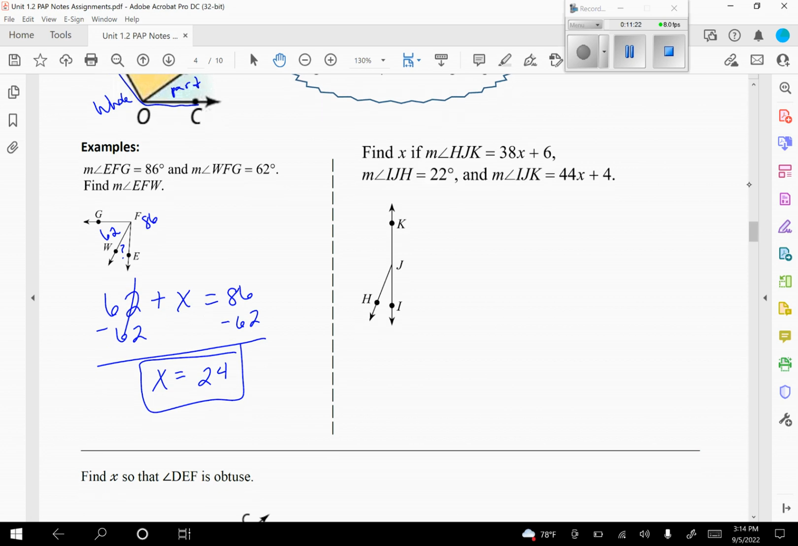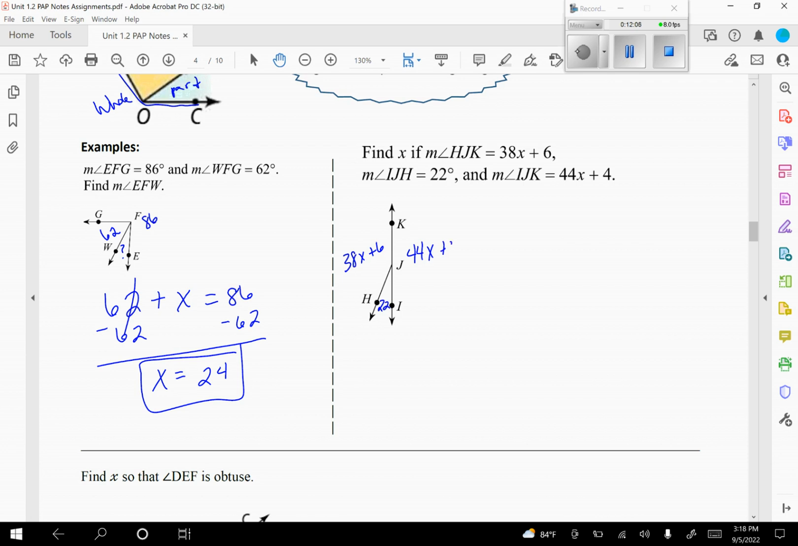We got an algebraic example. So find x if the measure of angle HJK, that's this big one right here. Not the whole thing, but the big obtuse one here. Or at least we think it's obtuse because it looks like it in the picture, but we have to actually figure that out. We have 38x plus 6. Okay, and then they tell us our next part is angle IJH. So IJH is 22. So the small piece is 22. And then they tell us here that the measure of angle IJK